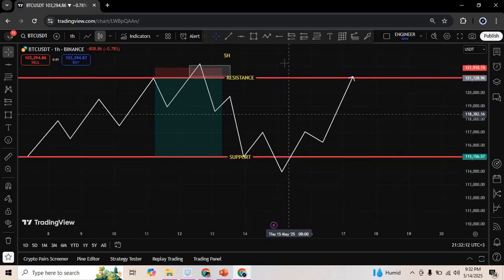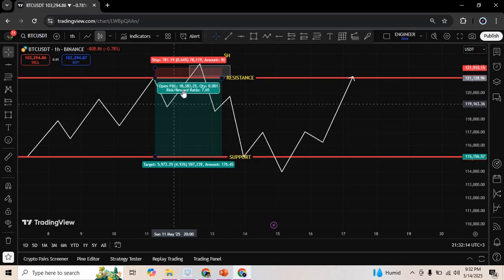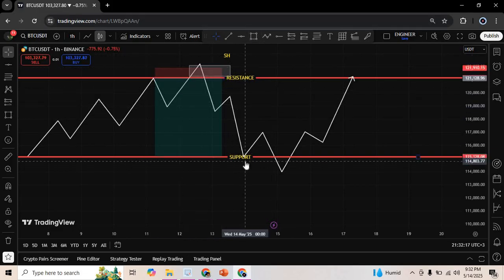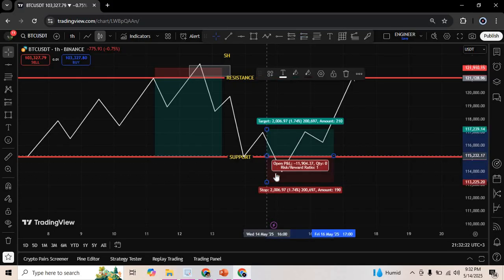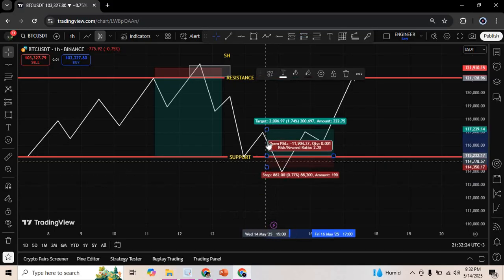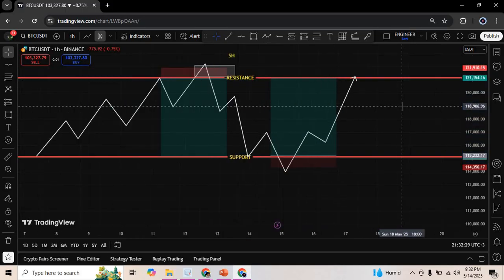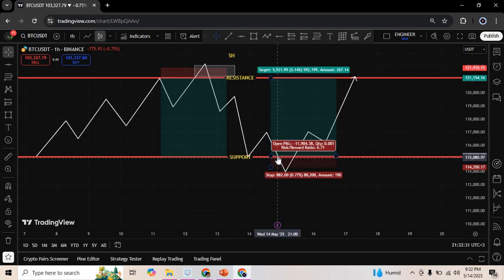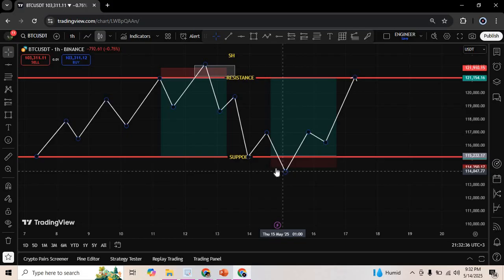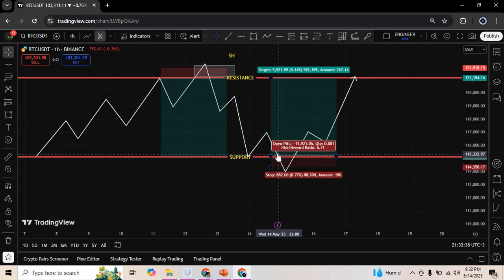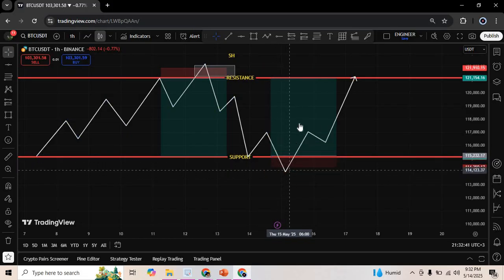And I'll have an example with a bullish trend. This was a bearish one. So with a bullish trend, from the support zone, we expect the market to buy. So you're having your entry at that juncture, your take profit all the way to your resistance zone, and your stop loss right there. But what happens? The market comes into your entry point, triggers you in, but immediately taps your stop loss, so it stops you out of that trade, but later goes all the way to your take profit. So that's basically what you mean by a stop hunt.